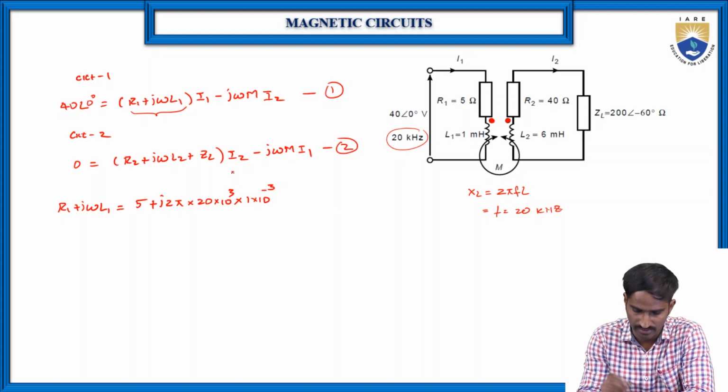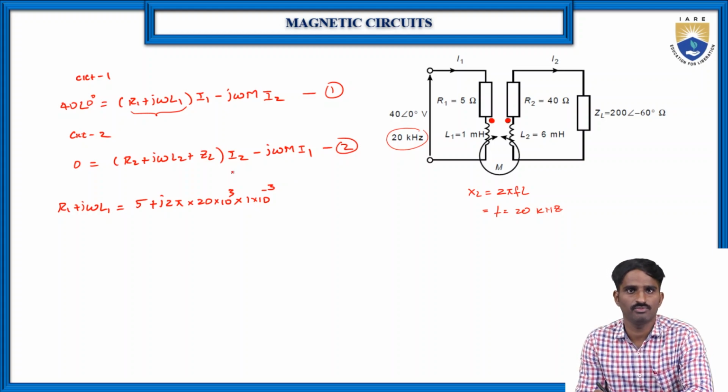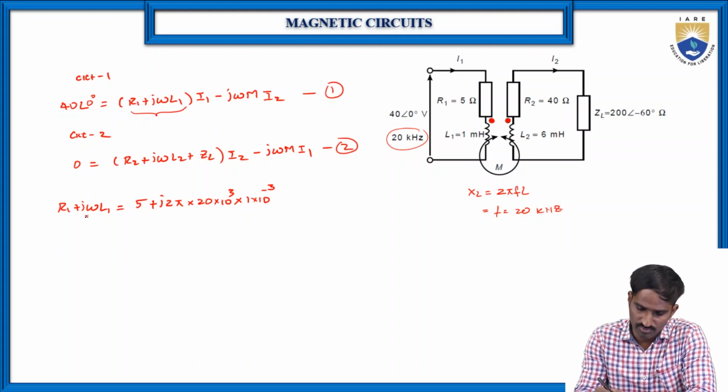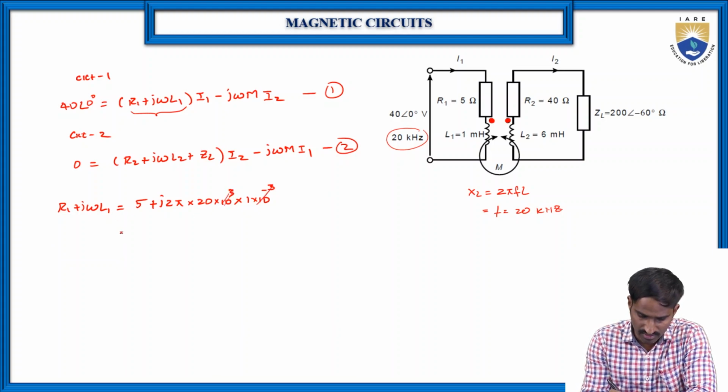If you simplify this, R1 plus J omega L1 is equal to 5 plus J 125.66